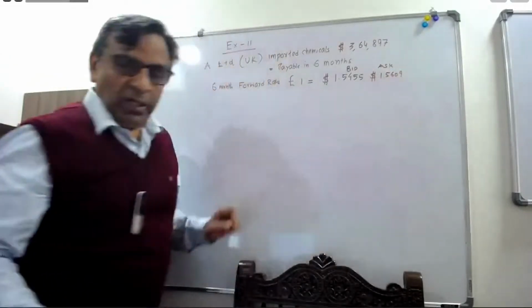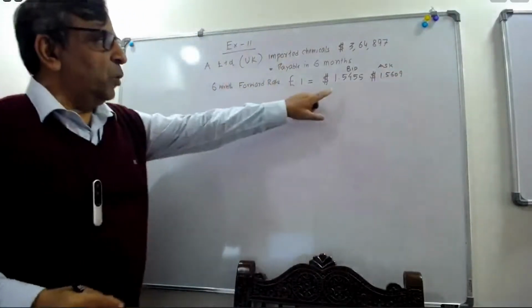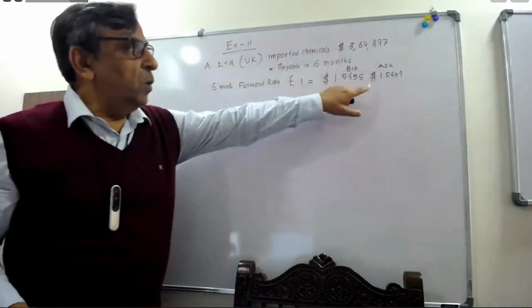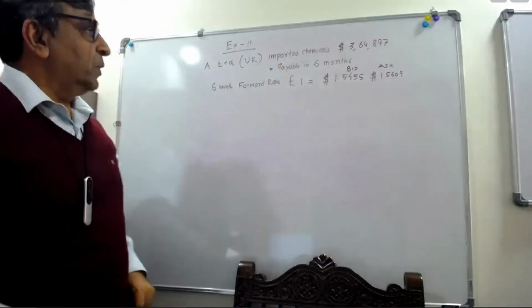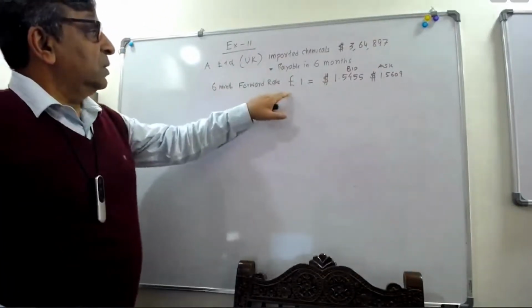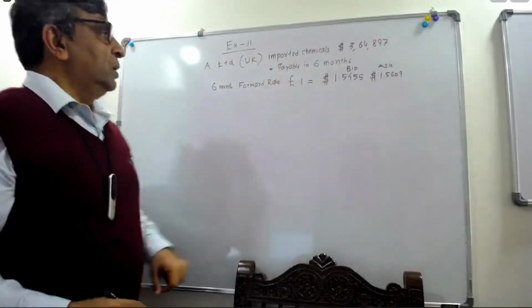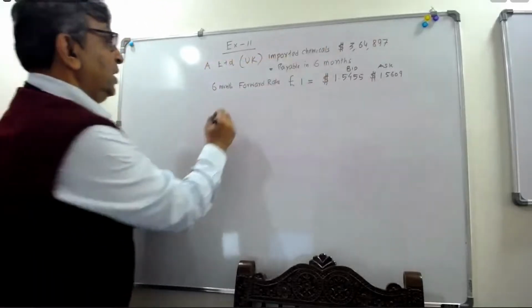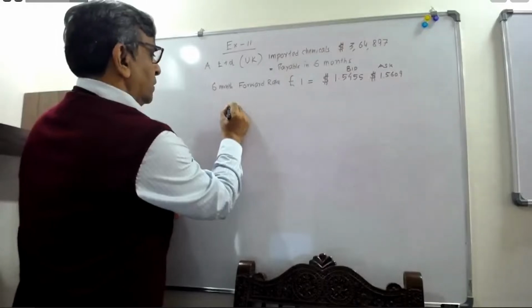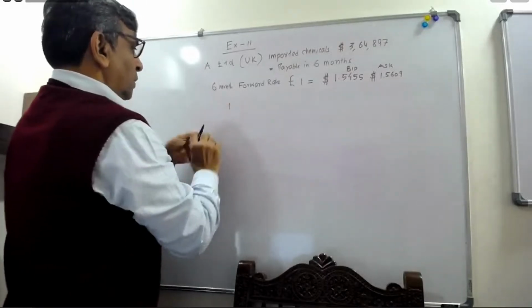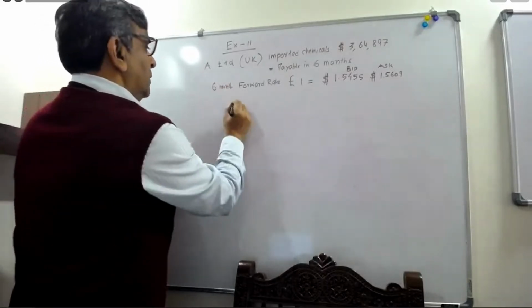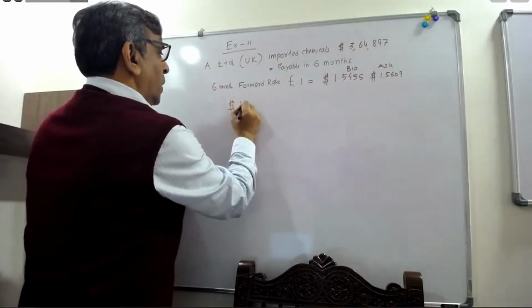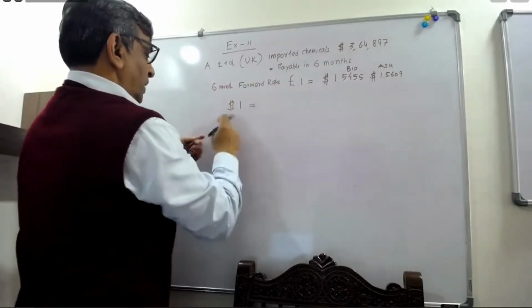So these are the rates given to you: 1.5455, 1.5609. Now this is the rate of £1 in terms of dollars, but you are actually going to pay dollars. So we need to convert this into dollar quotation and recalculate the rate. So $1 will be equal to